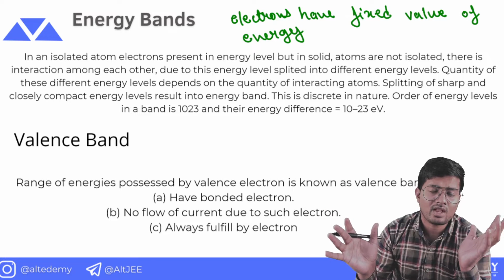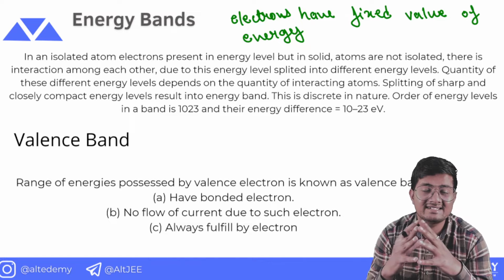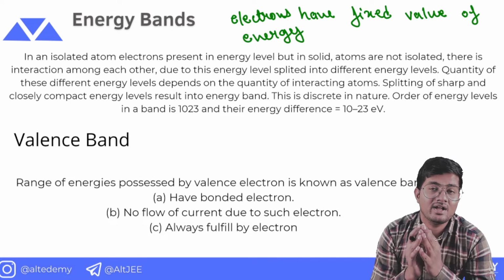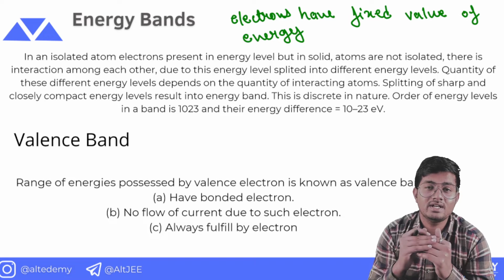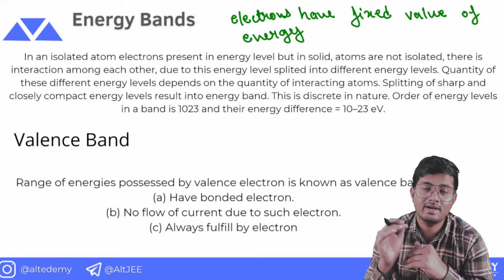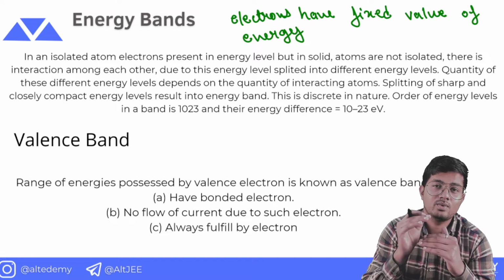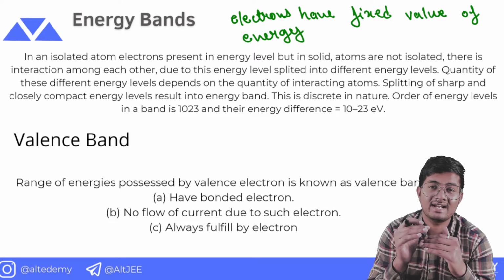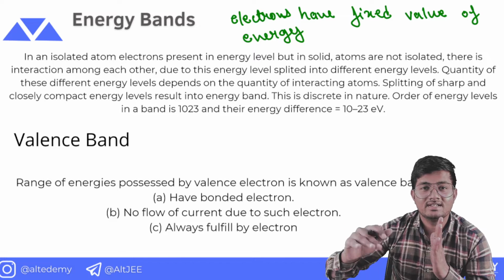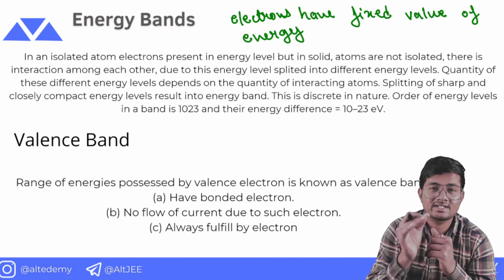So when so many atoms come close to each other and interact, their energy levels interact, and we are talking mostly about the outermost energy level, the outermost energy level occupied by an electron. When that energy level interacts with another electron of the same energy level,